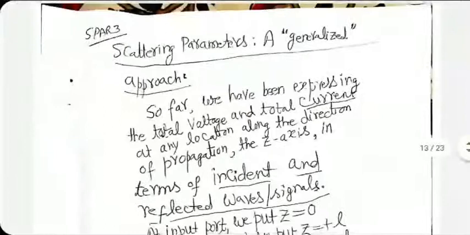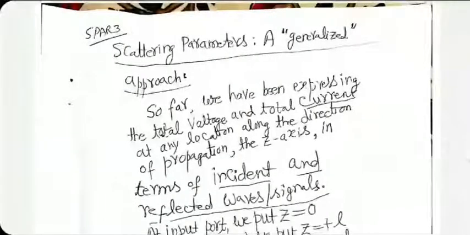Now, scattering matrix is the last thing that I want to talk about. We have already spoken about it a little bit. There's one catch with the description of scattering matrix using reflected voltage waves and incident voltage waves, in the sense that we are still talking voltages, which become difficult to define uniquely at high frequencies.